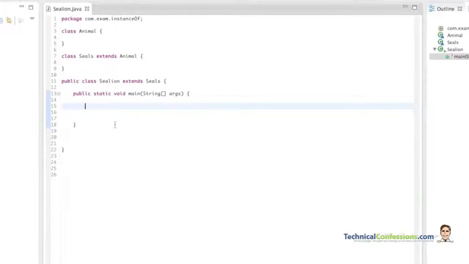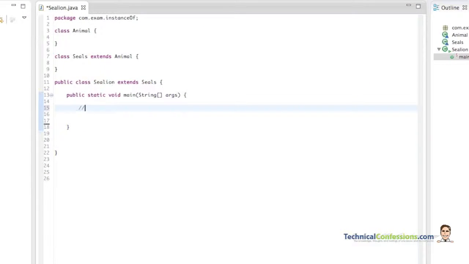Okay, so in this video I want to go through the functionality of the instanceof method, if I spell instanceof right. I'll go through when to use this, how to use it, and when's the best practice to do so. I have here my public class with a Cline and it extends Seals with